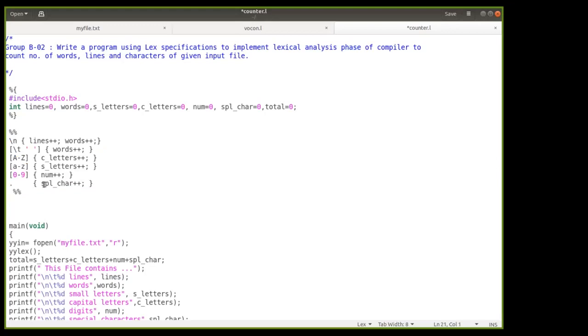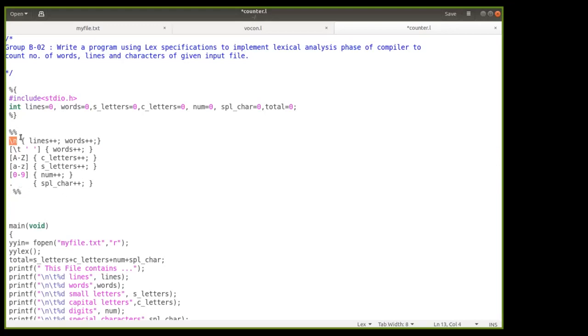Now in the rule section, suppose you want to count the lines, then the rule for counting the lines is simply like this: \n. Using this only, our lines will get counted. When you run the program you can easily see.